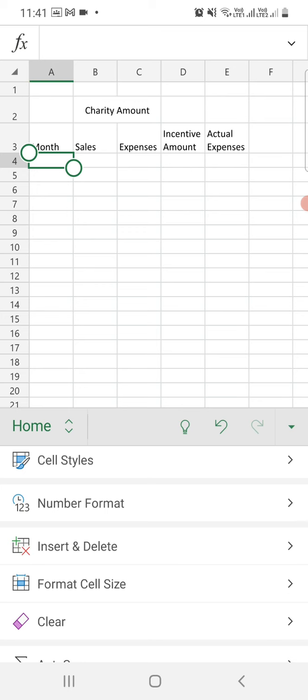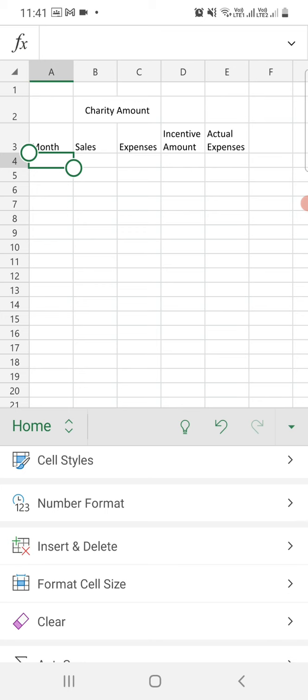I am also using my phone, where my Excel is. If you have Microsoft Excel in your phone, you can also practice from your phone, or if you have your laptop you can also use that. I am showing you from my phone, that is very easy.